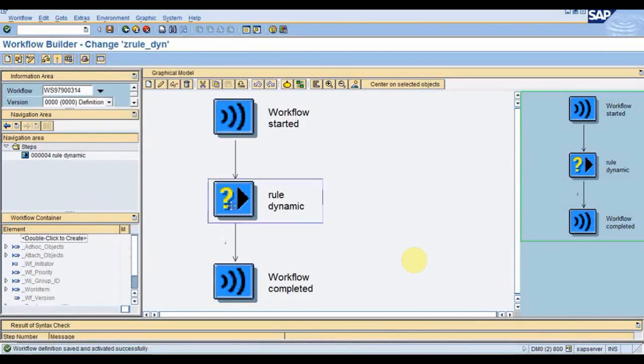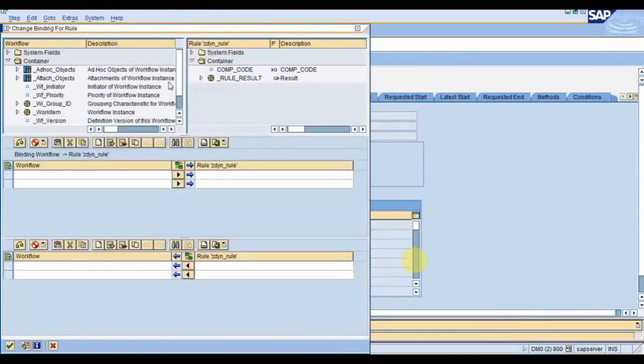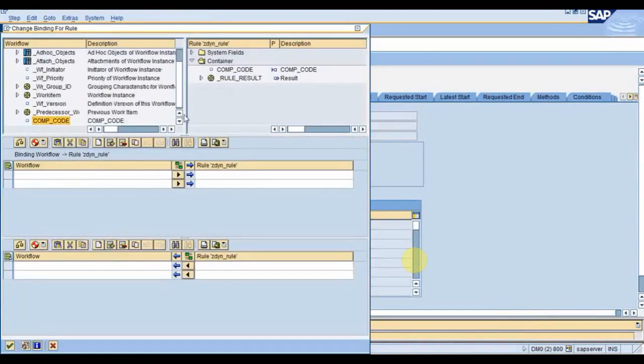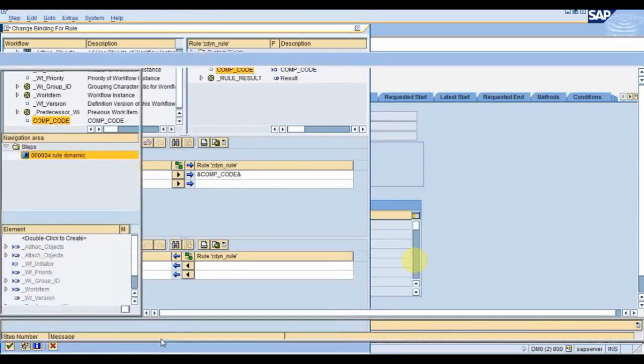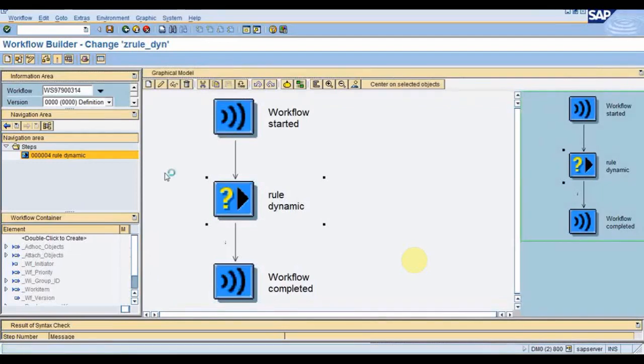Now what I will have to do is the binding, because I will have to pass that company code to the rule. So click on this binding, pass this company code. As I told you, we do the binding for the importing parameter, not the exporting. So whatever will be returned in actor tab, it will get automatically populated. That's the reason this actor tab is mandatory in the table section, because we don't do the exporting parameter binding. So you will have to maintain the same name, that is actor underscore tab and AC underscore container. So that's the reason it is mandatory for having this rule. Now activate it.